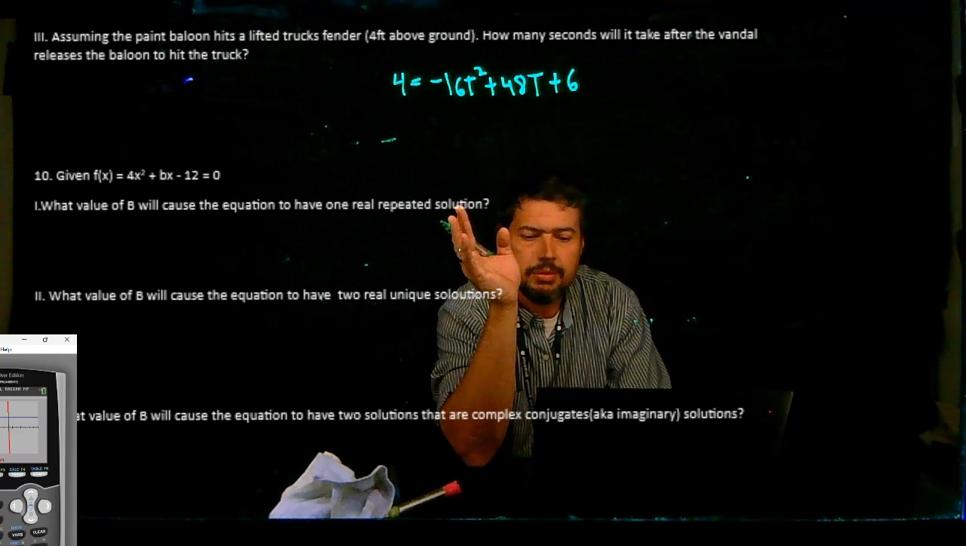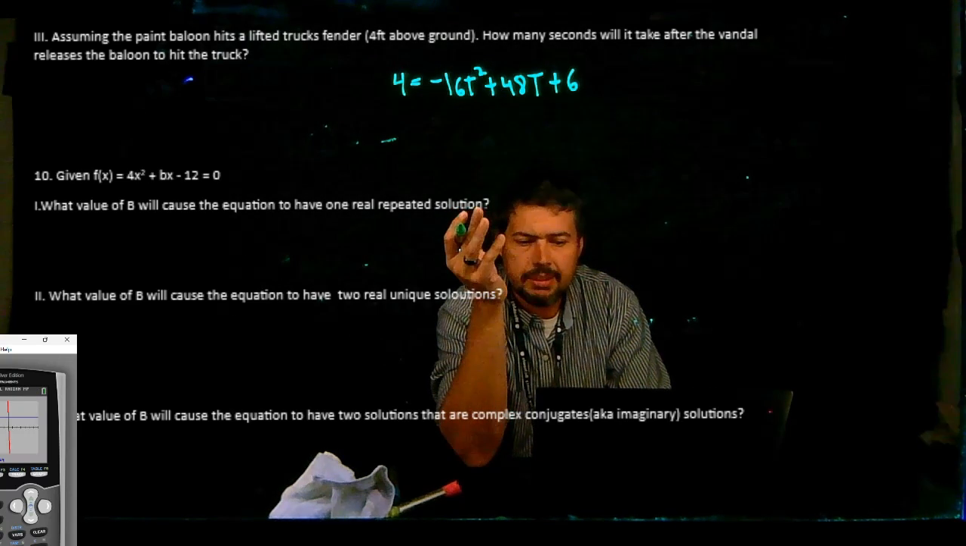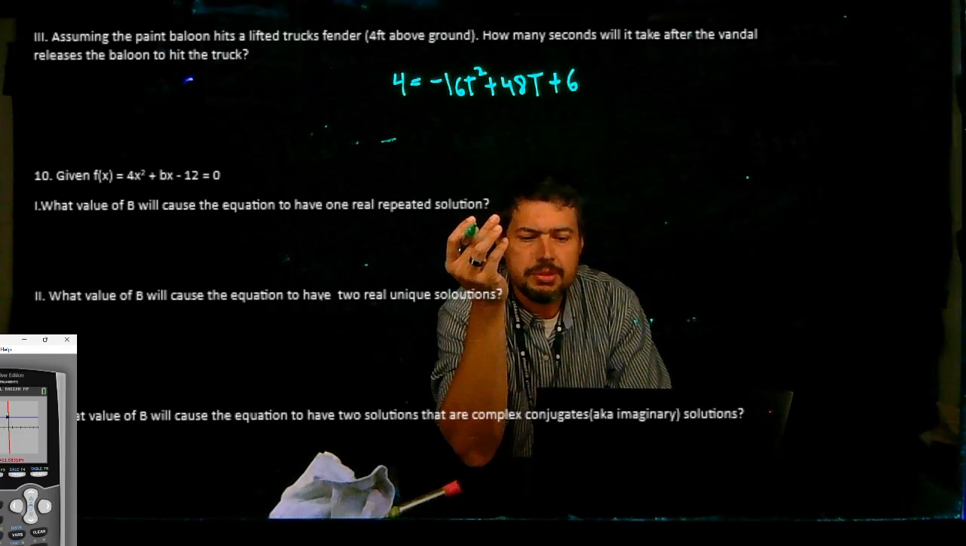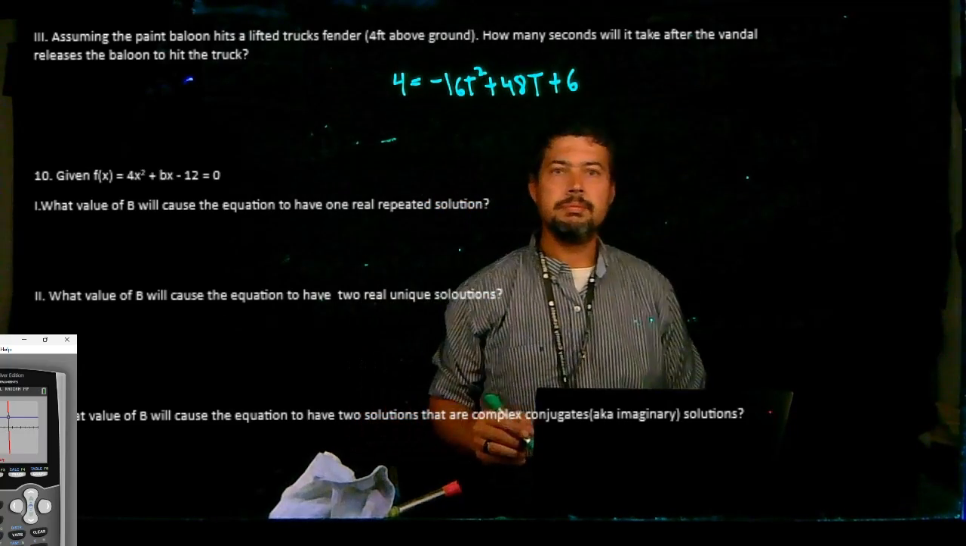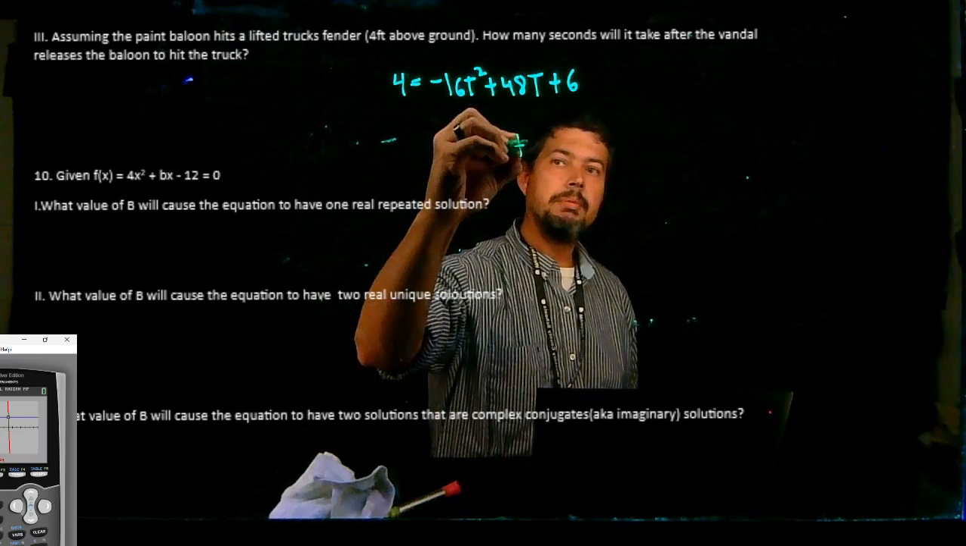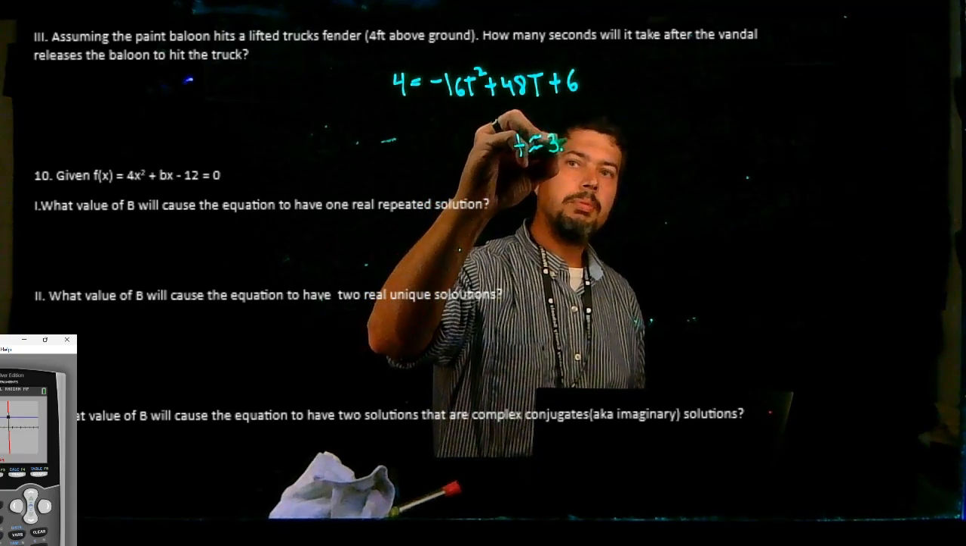I didn't want you to do the quadratic formula here because, well, it's a test and you only have so much time. Get close, press enter once, twice, thrice. Here's the other one. It's roughly 3.04 seconds. So the time is about 3.04